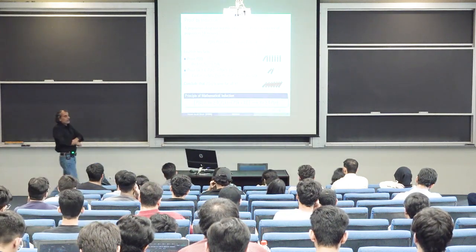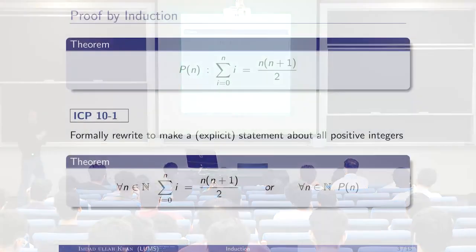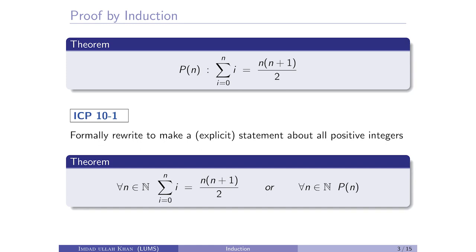And please stop me if there is any question in between. So let's try to apply these principles using an example. We've been given this proposition. Probably you saw it last time as well. The left hand side says that I, starting from 0, there's a loop going up till n, and this is summing all first n integers. And the right hand side, in terms of summations and sequences, what was this number called? Sum of first positive n integers, and what was that particular number? Tn, right? This is called a triangular number. So Tn is n into n plus 1 over 2.